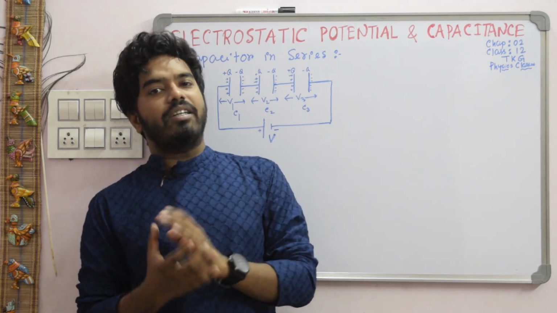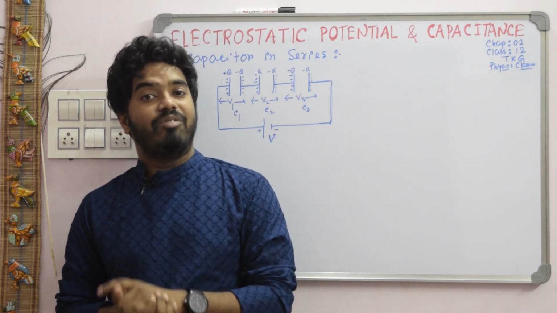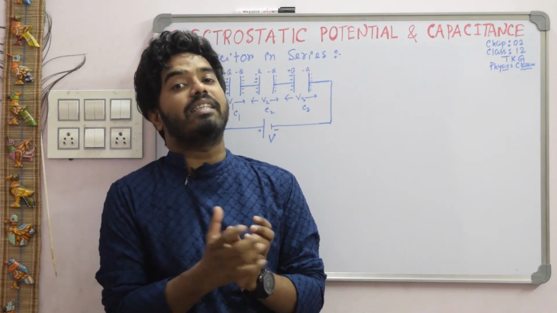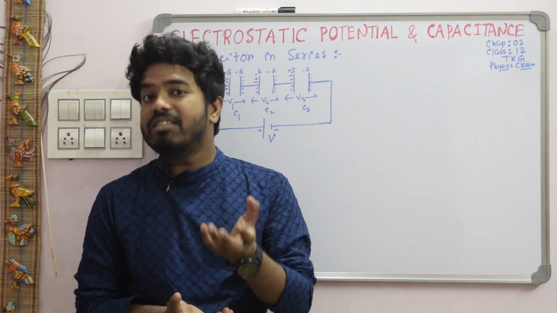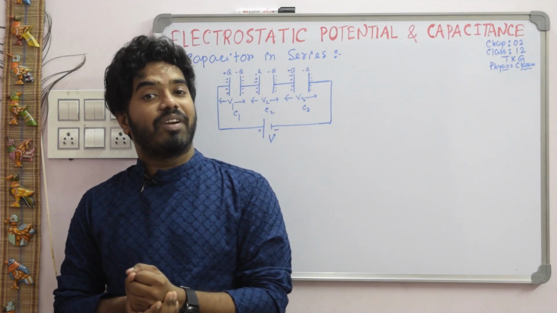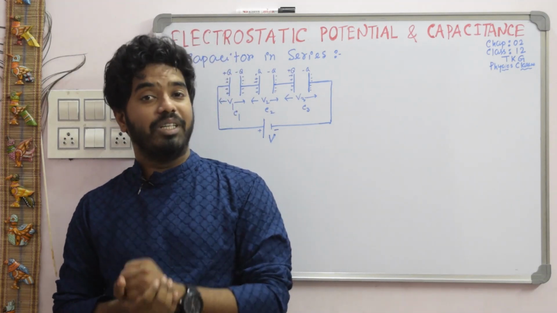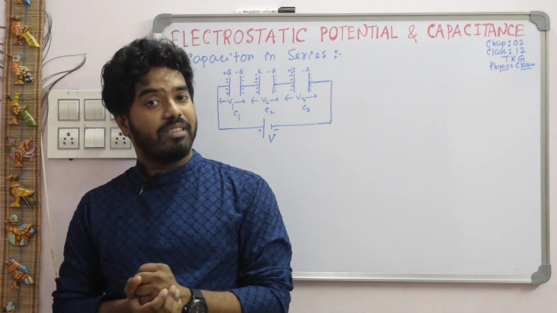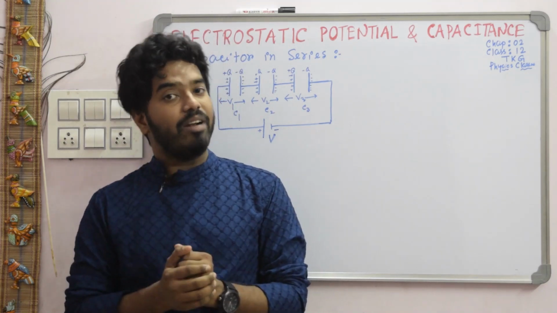Before starting, just recall the previous class. What you learned from the previous class. In the previous class we discussed the basic things about a capacitor, that is what is a capacitor, what is capacitance, then we calculated the capacitance for a parallel plate capacitor. So students, if you didn't watch the previous video on the basics of capacitor, please go to the I button, the link is given, and watch it.